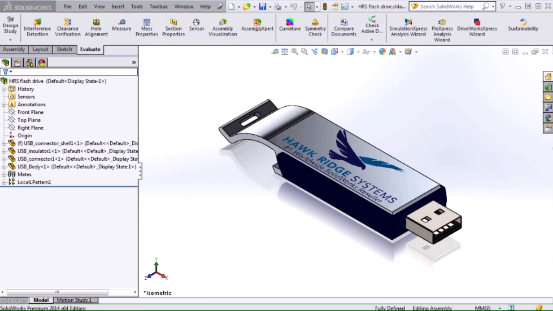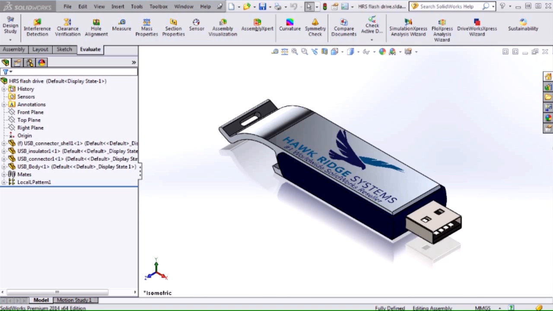Today I'm going to show you how to get your decals to show in your drawing views using a non-shaded display style, and we're going to accomplish this by using display states. For those of you that are unfamiliar with what display states are, you can think of them as configurations for appearances and how you want to show your model, such as hiding and showing components, transparency options, colors and appearances,